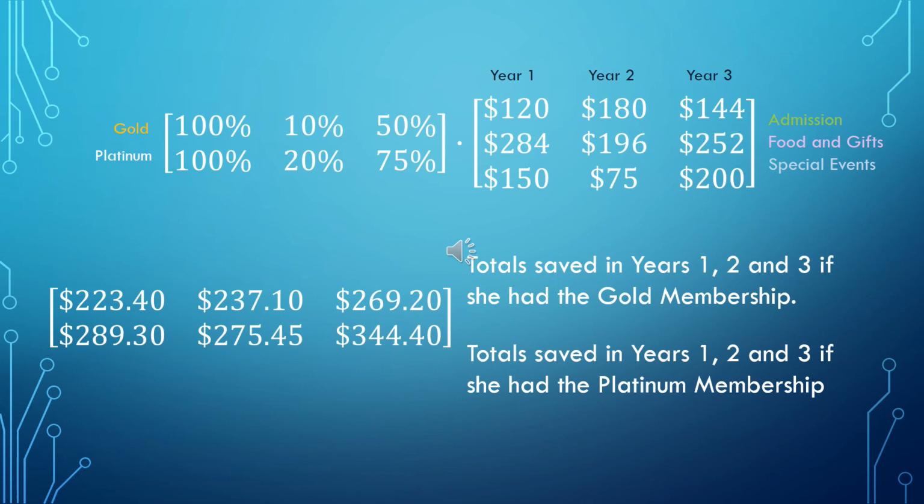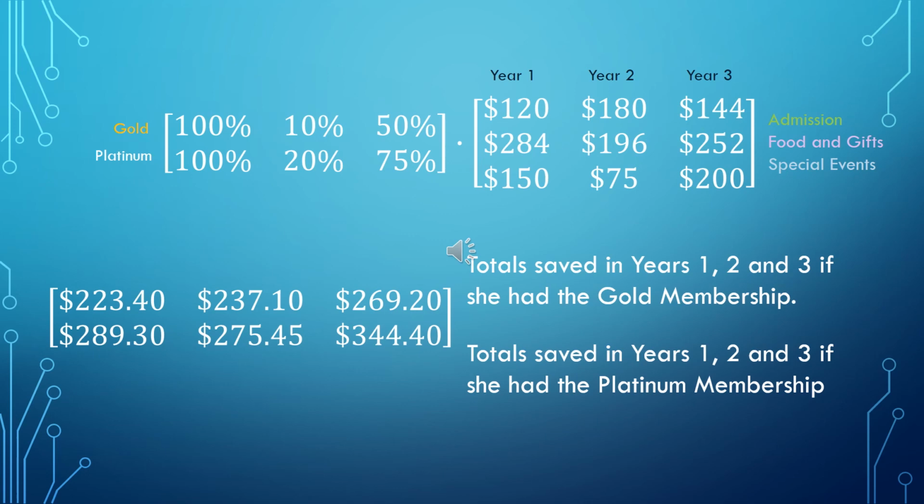So if she had the gold membership, she would have saved $223.40 if she had had the gold membership during year 1. If she had had the platinum membership during year 1, she would have saved $289.30. If she had had the gold membership in year 2, she would have saved $237.10. If she had had the platinum membership in year 2, she would have saved